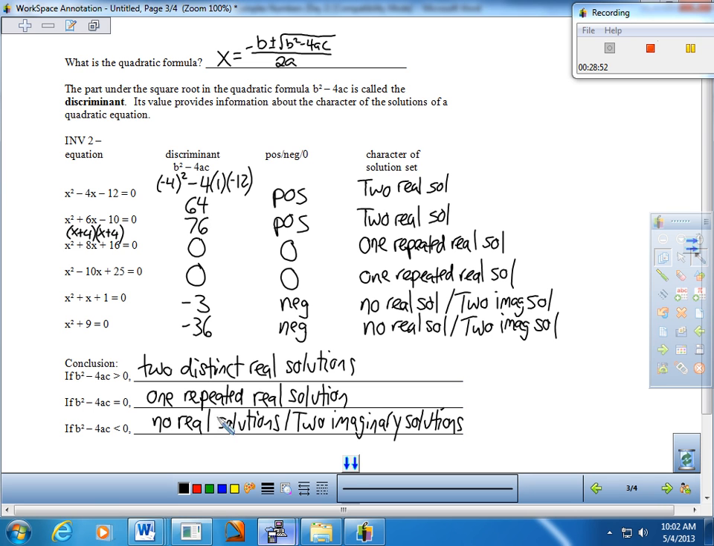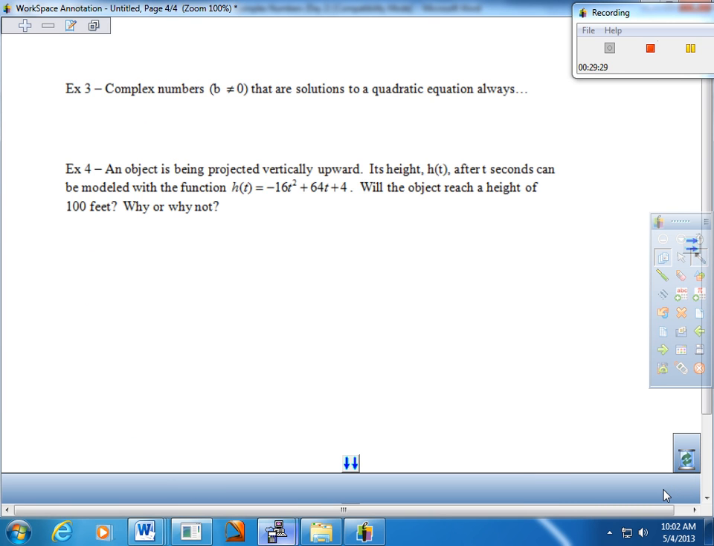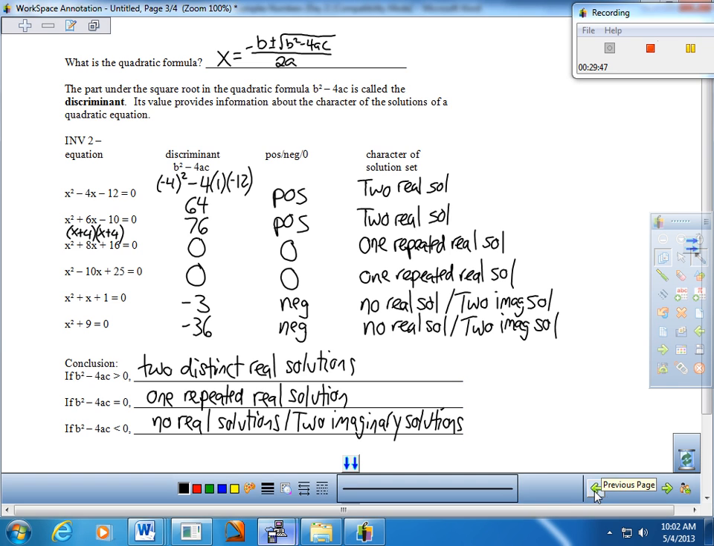Hey, let's round it out on just the last couple examples. So example 3, complex numbers, not when b is 0, but when b is not 0. So complex numbers that are solutions to a quadratic equation always appear as, I threw in the as,